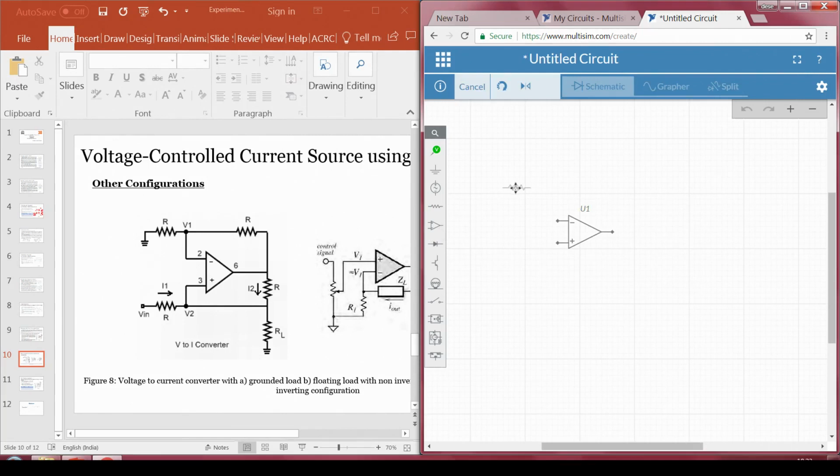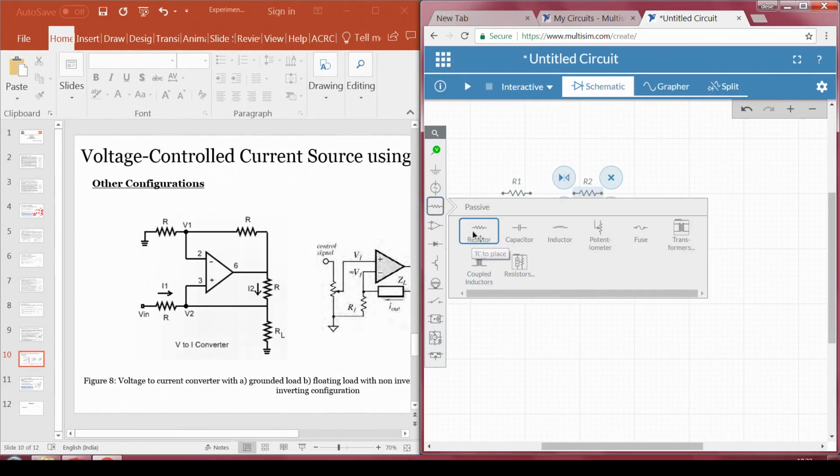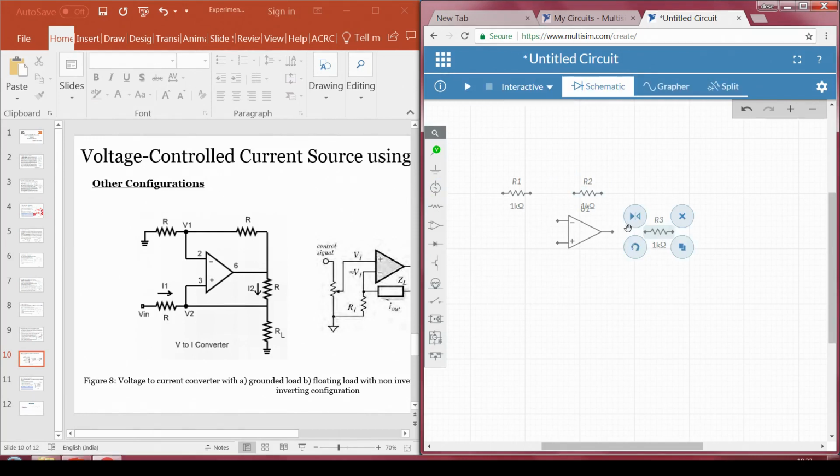You know what we are doing here, we are dragging the resistors from the library, we have already dragged the op amp, right, and we have to just use different resistors here. Now, this is a low current application, that is why we are not using a power resistor in this Multisim, okay, we are not using a power resistor.